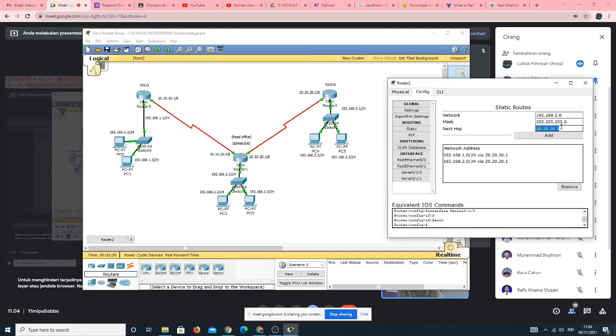The next hop is still same ya, because Jogja of course will communicate and send some packet data to the LAN Semarang through the router Semarang itself, and then add.